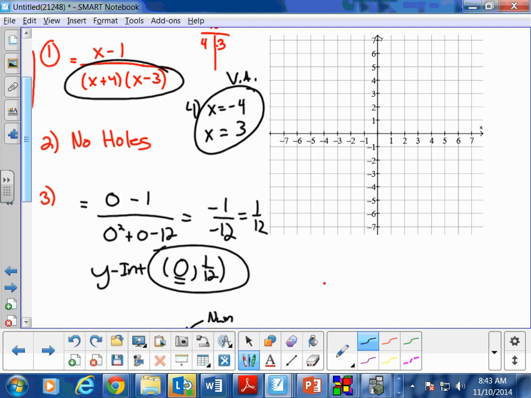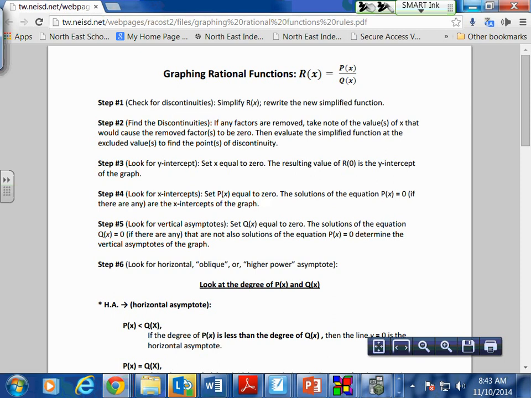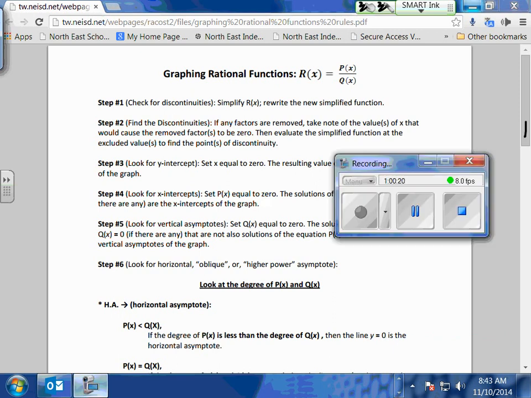Now step 5 involves the horizontal asymptote. That's going to become important to look at in your actual notes. Hold on, let me go ahead and just pause this. See this part right here. We have a horizontal